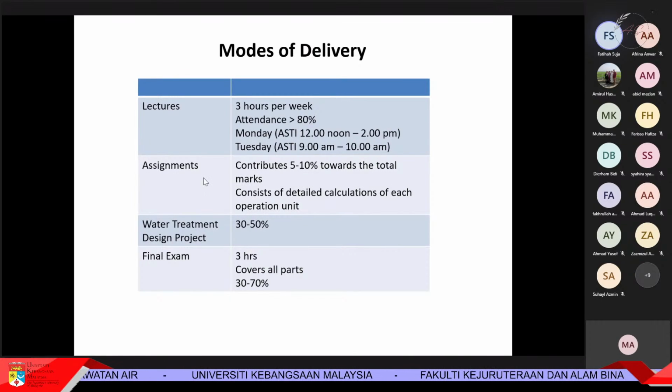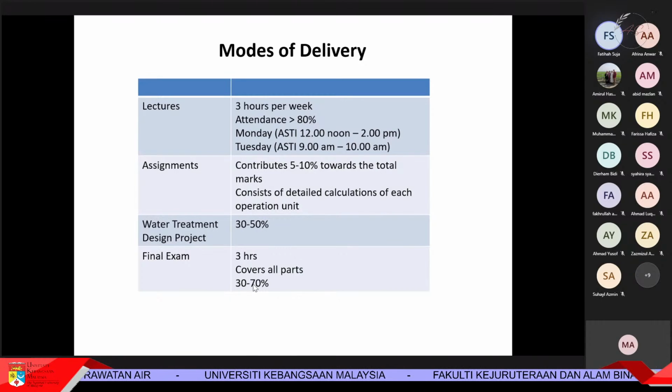Okay, on the assignments, they contribute 5 to 10% towards the total marks. If for that week I finish the syllabus, I will give you a quiz. If not, then I'll give you an assignment. Water treatment design project is 30 to 50%, and the final exam is 3 hours, which covers all parts, 30 to 70%. Okay, so for your water project,